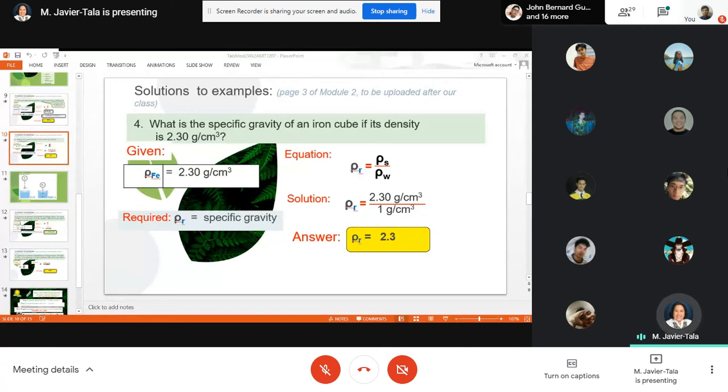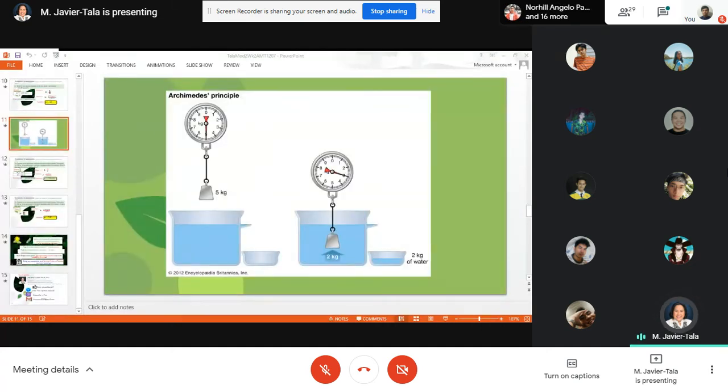Okay. So please take a picture of this one, class. So this is Archimedes' principle. In Archimedes' principle, I know you're familiar with this. When he shouted Eureka, then he ran on the streets naked. That was because he was tasked by the king to prove that the crown was made of gold